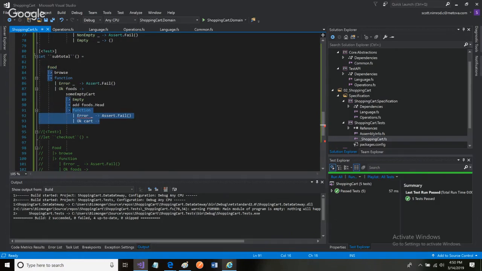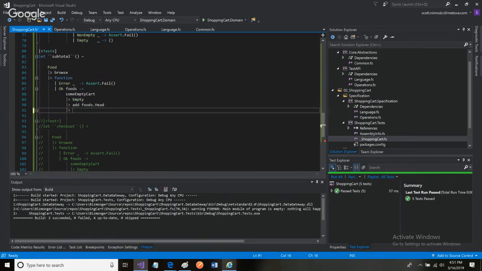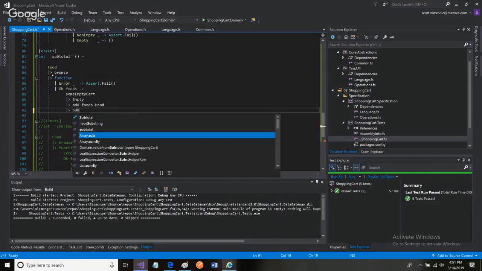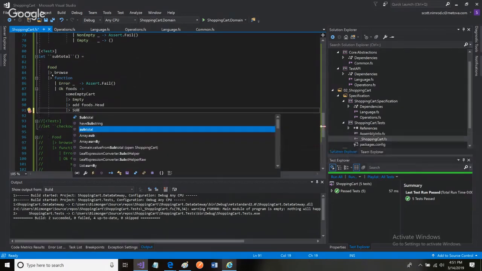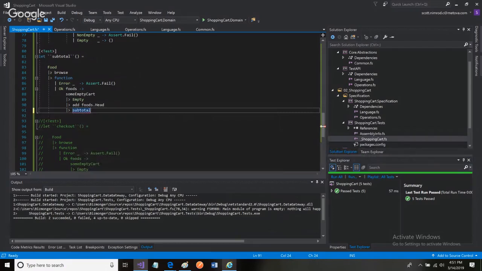You just want to make sure that there's really nothing to test here. Oh, this is subtotal. So you want to do something like, this is not an empty cart, so then I want to call the subtotal right here. And I want to say that the subtotal